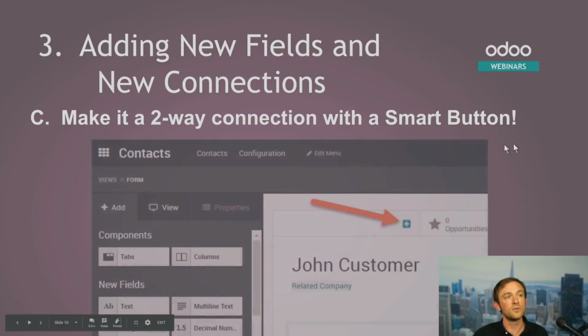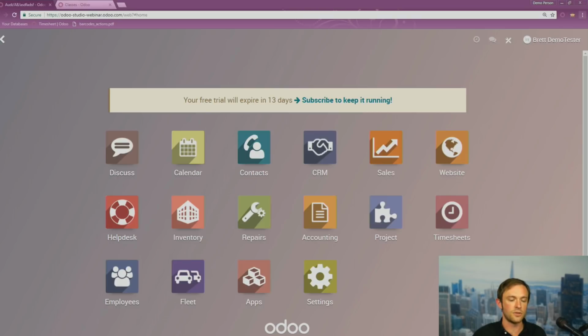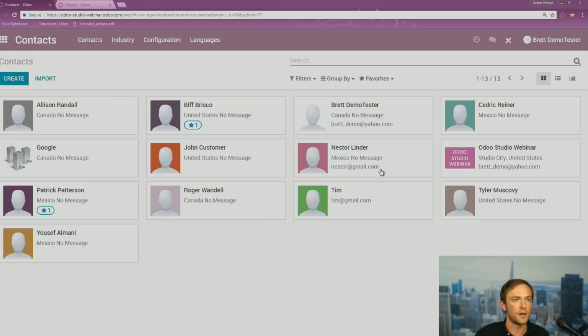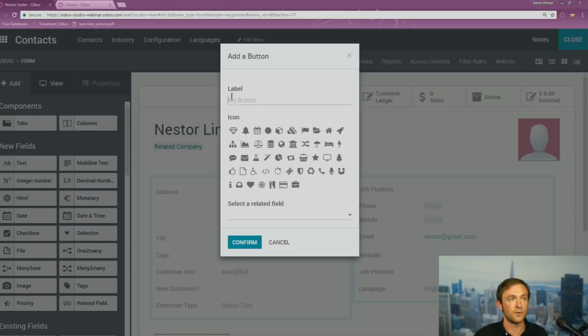So you could do a two-way connection by creating a smart button after you've already created that one-to-many or many-to-one field. To demonstrate that, now that I have made those fields in Fleet, I can go to the contact record real quick, open up this contact right here, and make a new smart button that actually links back to the Fleet record. If I click it right here, I'll say vehicles, let's say,